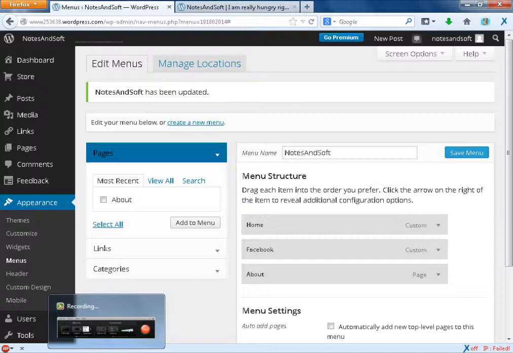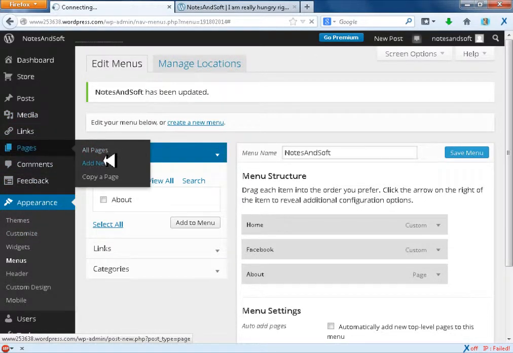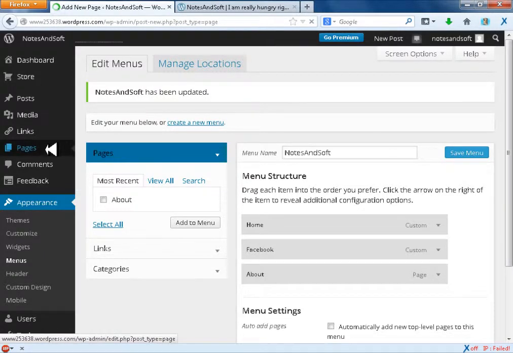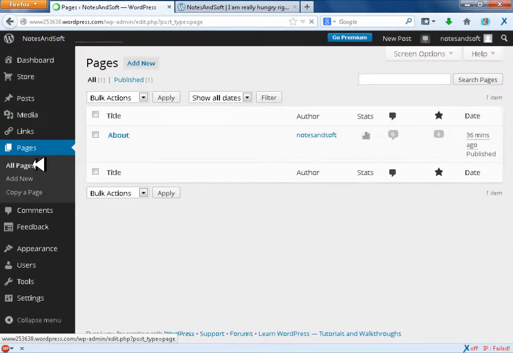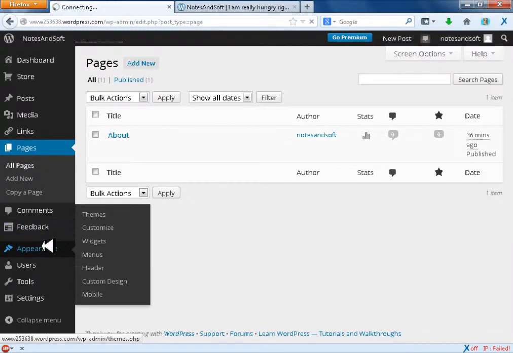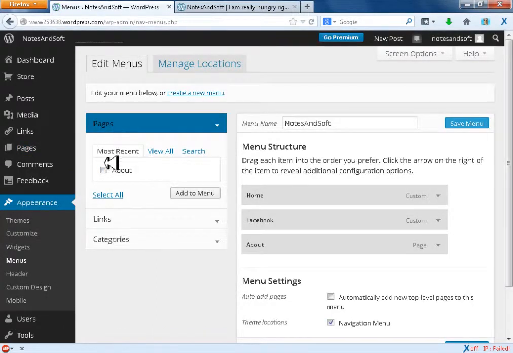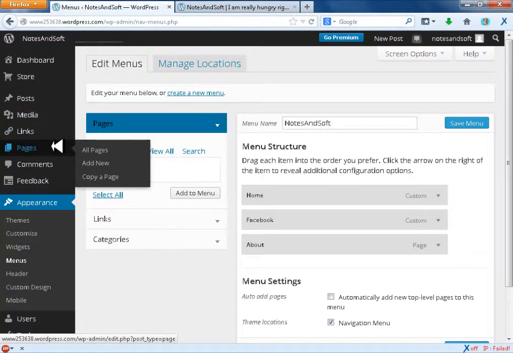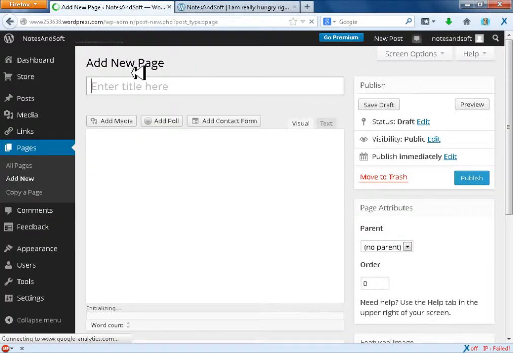No, actually, I want to make it bigger, so I'm gonna go to the pages section. I want to add a new page. Well, no, actually, let's just go to the pages section itself, and all the pages I have right now. I should have one page which is about, as you can see. And if I go in the appearance menus again, in the pages section, it tells me I have one page and they are correct. And I want to add a new page, and the new page is about, let's say,